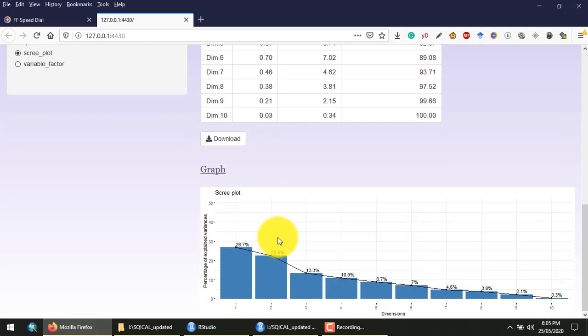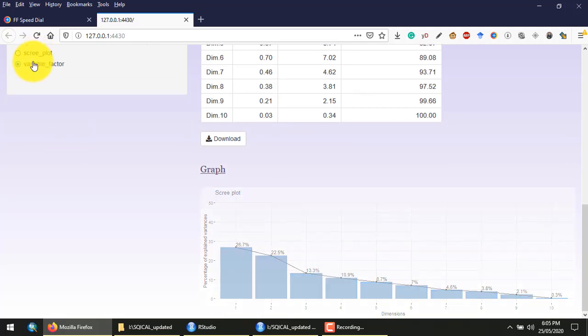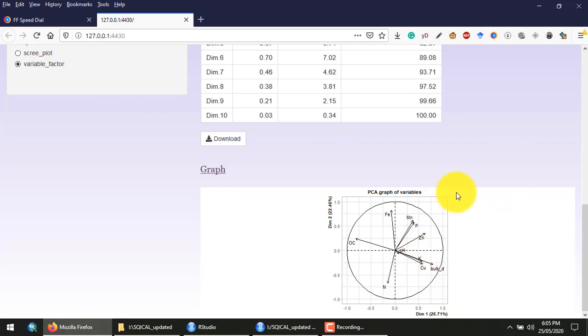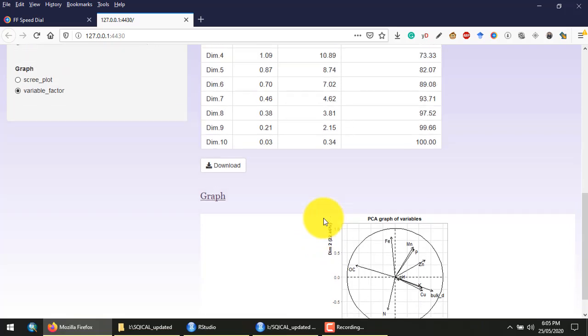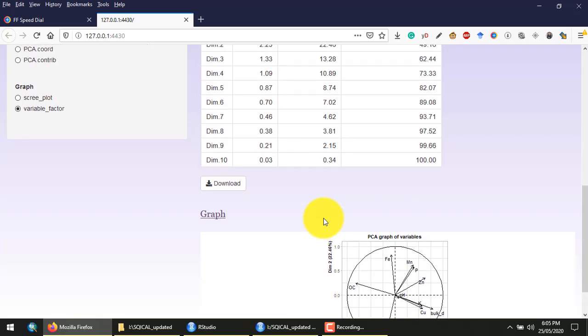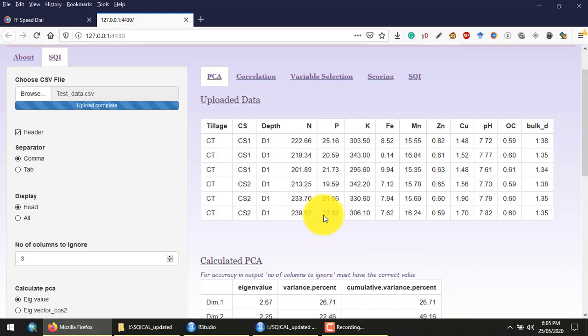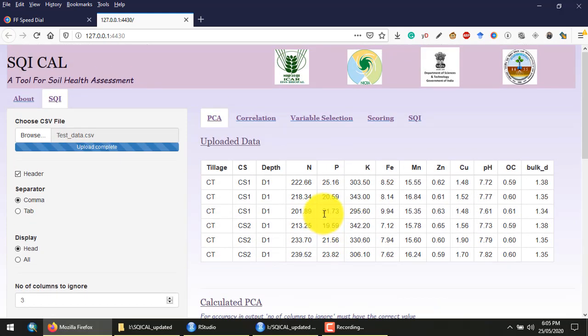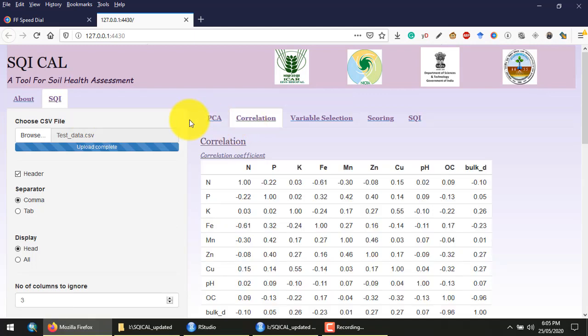Now you can change the graph from the scree plot to the variable factors. This is the biplot between dimension 1 and dimension 2, where dimension 1 is nothing but principal component 1 and dimension 2 is principal component 2. Now you need to move to the next tab, called the correlation tab.